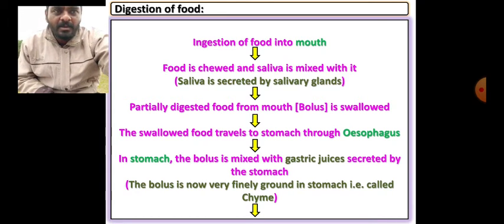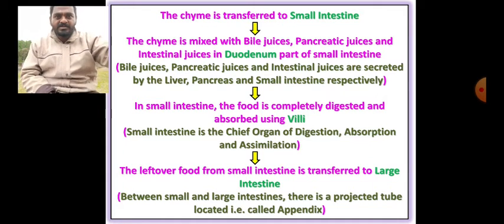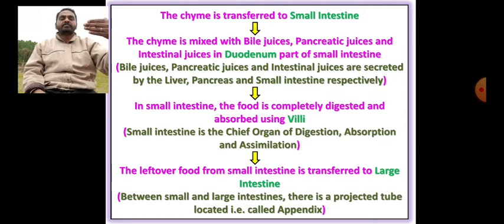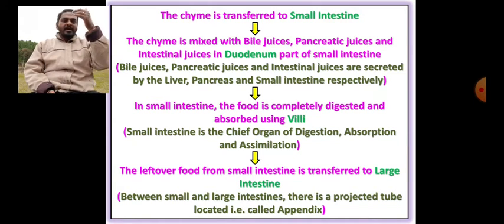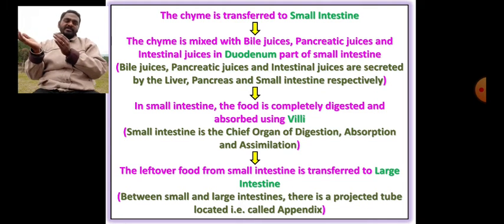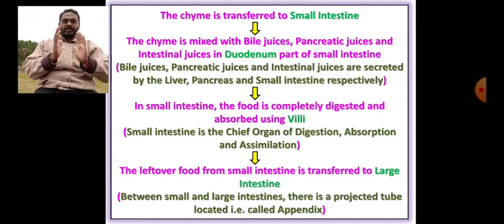Different names are coming, and these names are meant for your entrance test, wherein such words will be given and you have to identify them. That's why I am giving them here. From an examination point of view they are not that important, but for entrance tests, NEET, remember these are very important. That chyme is transferred into the small intestine now. If you see the previous diagram, from stomach to intestine there is a U-like tube, called the duodenum. Only through that does the transfer of food from the stomach to the small intestine take place.